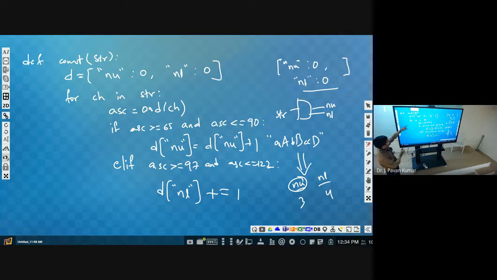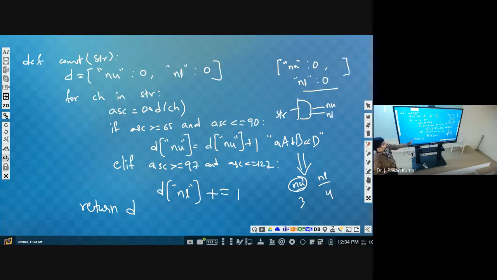Now at the end we will have the dictionary which contains two key value pairs, so we can return D directly. You can print it, but to get more experience, it is better to use return.